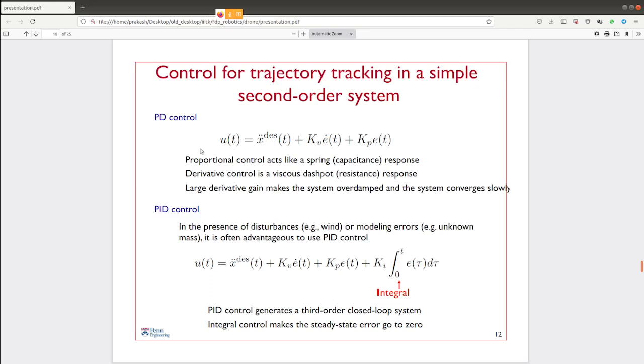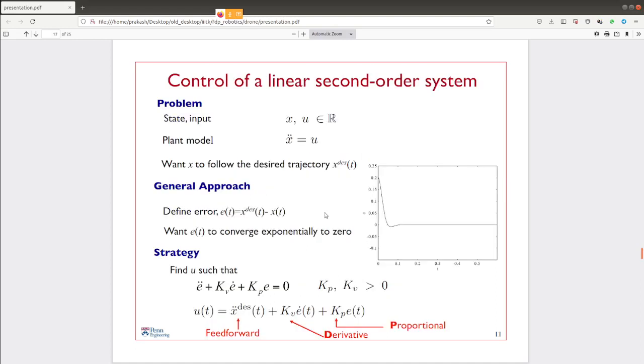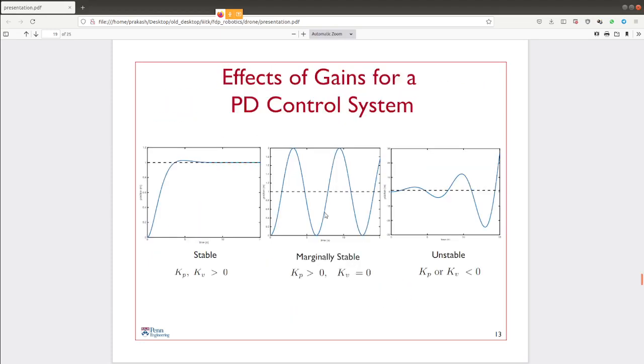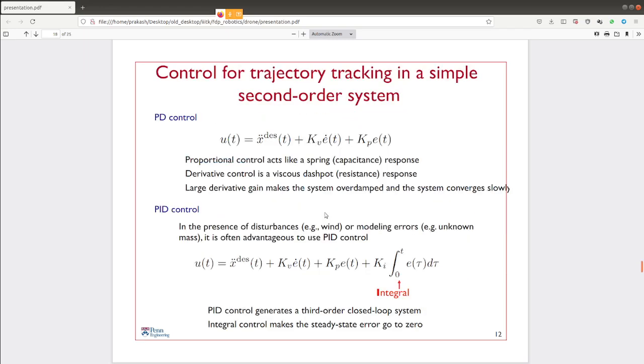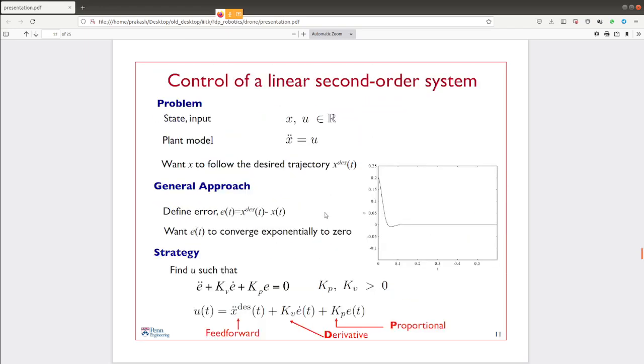And once again, sometimes there will be a problem in this PD controller. There's some question: how can we choose Kv and Kp value in the previous equation? Let me check whether I have those things in the equation. We will come to that part soon.